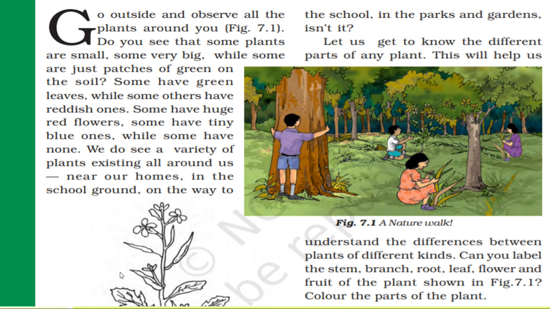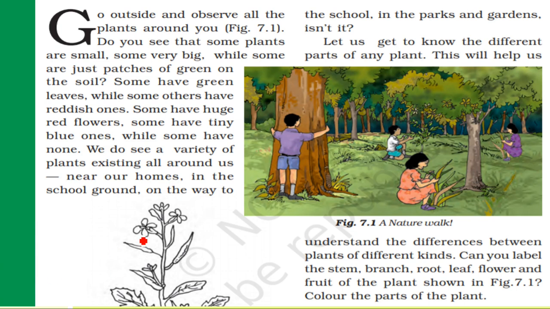Here you can observe the different color of leaves. Some plants have reddish or purplish colored leaves. On the other hand, most plants have green color, whether the color is dark or lighter in shade, but the leaves are mostly of green color. So this is another form of variety.